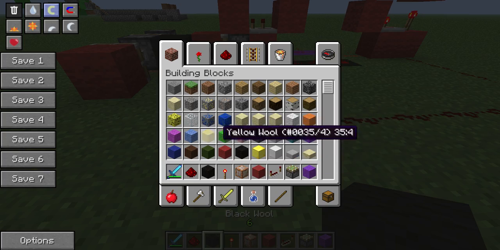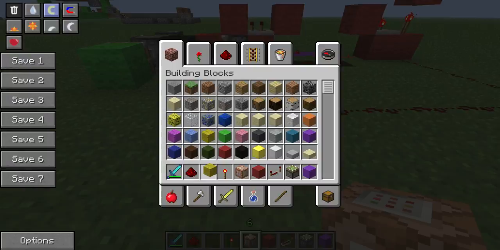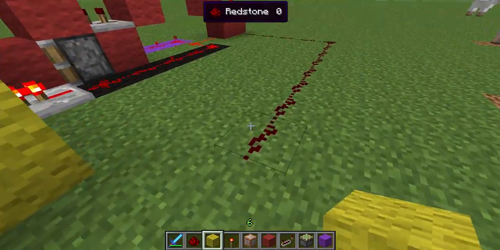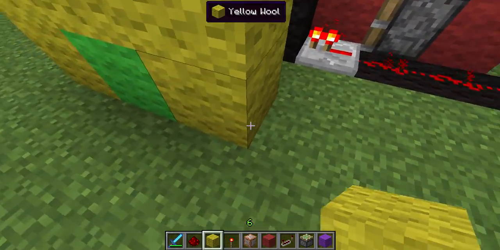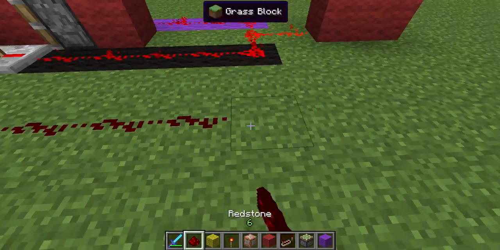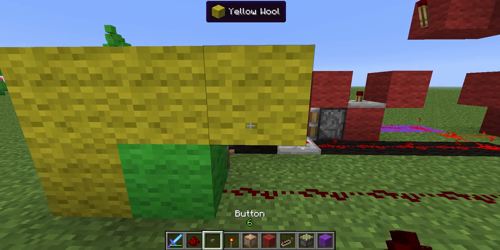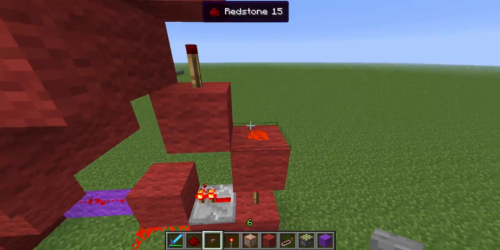So when you have, like, I'll just change this real quick. When you have your buttons back, you have your button up on your wall. And just for simplicity's sake, when I push the button, it'll turn off this torch, which will turn off this repeater and this redstone, but